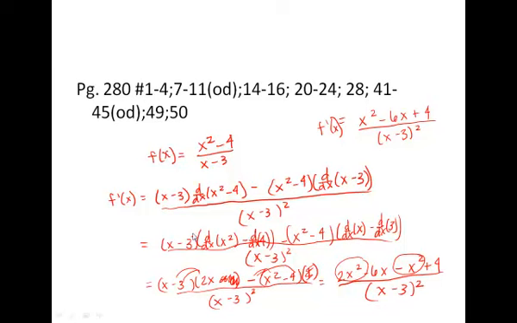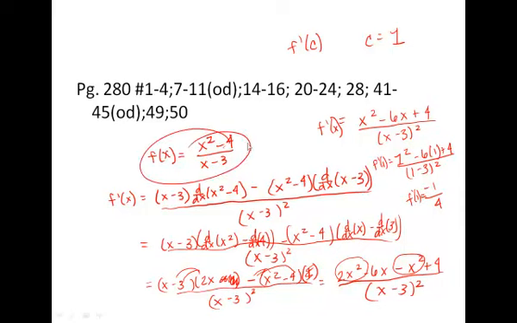So this one actually does ask you to find the derivative at a particular c, and they gave us the value c equals 1, so they said find f prime of c when c equals 1. So in that case you would actually just plug in your 1, so f prime of 1 equals 1 squared minus 6 times 1 plus 4 all over 1 minus 3 squared, and we're going to get, so the derivative of this function at the x value or the c value 1, when you plug in 1, is going to be a slope of negative